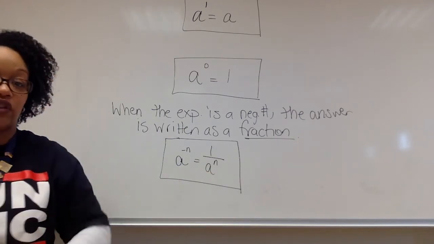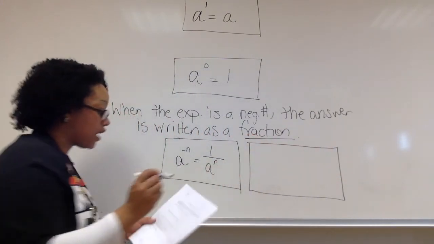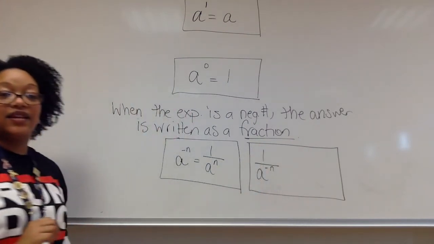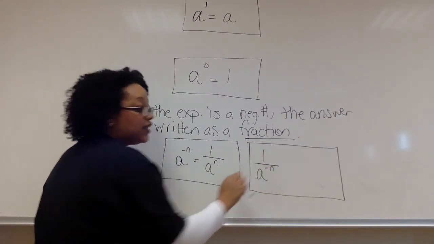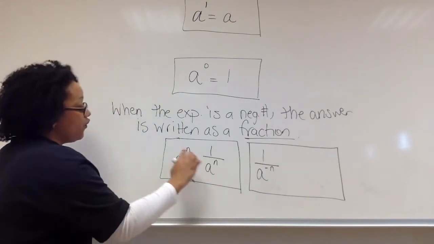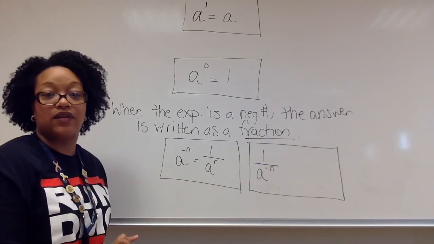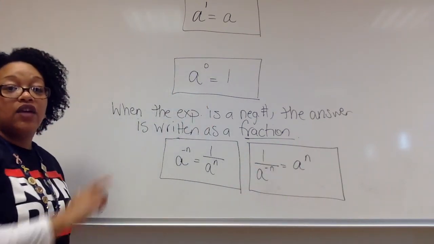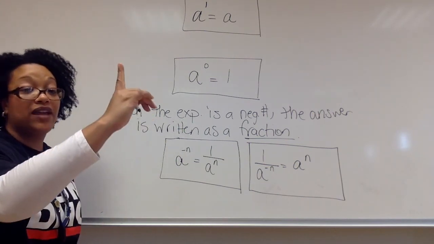Now here's something else I want you to do, all right? Beside that box, I want you to draw another box, and let me show you what happens when you're given a fraction that already has a negative exponent. So you all see what I have? Y is 1 over a raised to the negative n. Well, let's look at the fraction as upstairs and downstairs. If my exponent is already upstairs, I put it downstairs and change it to a positive. If it's already downstairs, I just take it upstairs and change it to a positive. So write these two down. These are all the rules that we're going to talk about in this lesson. I've got one major thing to write, and then we'll